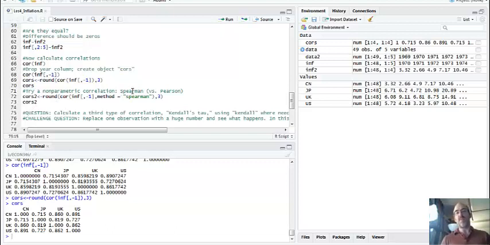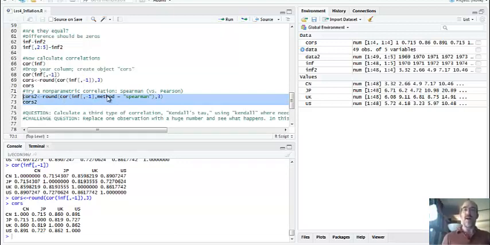There's one called the Spearman correlation. If you've ever studied nonparametric statistics, it actually incorporates a lot of rank ordering. And because ranking is independent of outliers, a lot of times you'll find that these are sometimes lower because they ignore those outliers. All right, so I'm going to make cores 2, which does the exact same thing, but there's